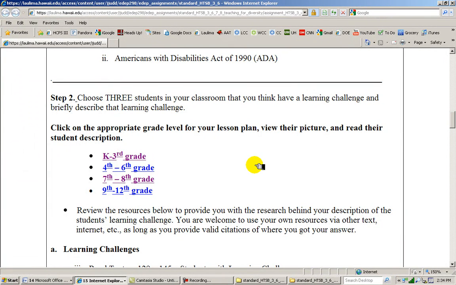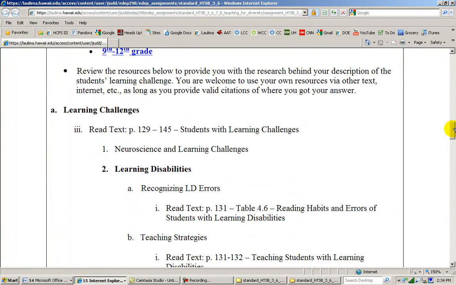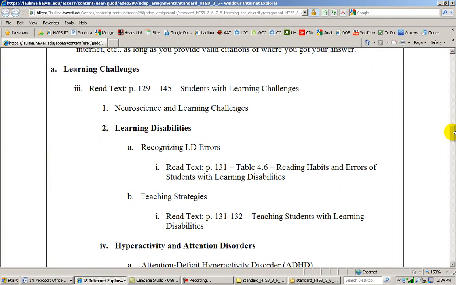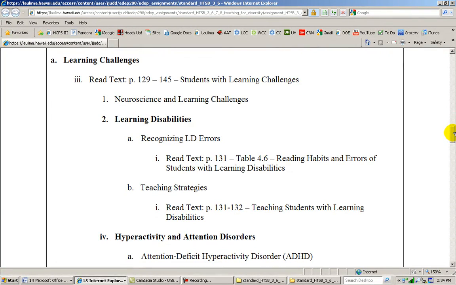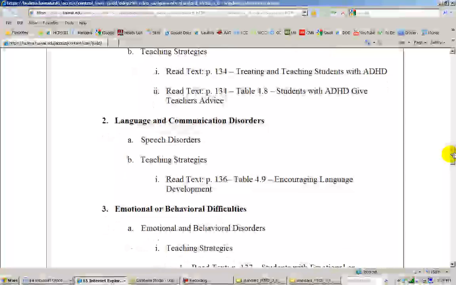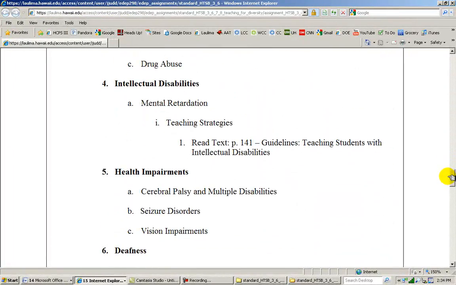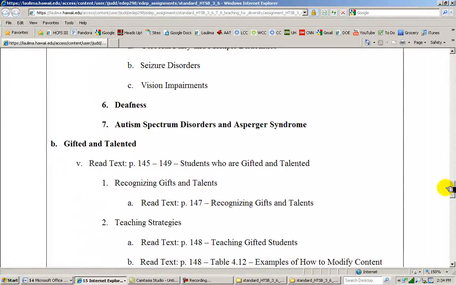Then once you've summarized that right for students to be in your classroom, choose 3 students in your imaginary classroom that you think have a learning challenge and describe that learning challenge. So you would click on the grade level and summarize their learning challenge that you're interested in. And then below you have the resources to help you decide what they might have. So you have learning disabilities, ADHD, language communication disorders, emotional behavioral difficulties, intellectual disabilities, health impairments, deafness, autism, gifted and